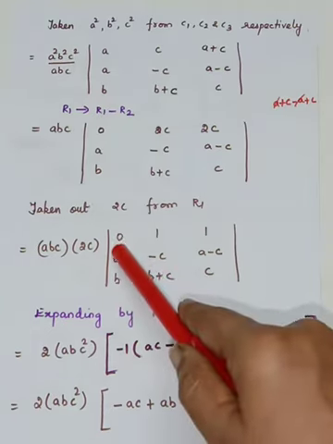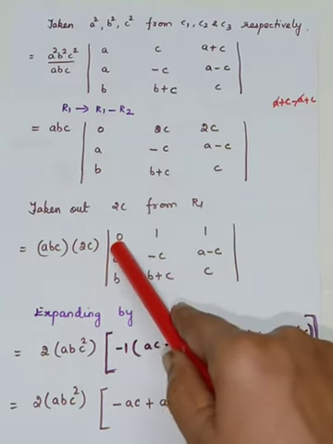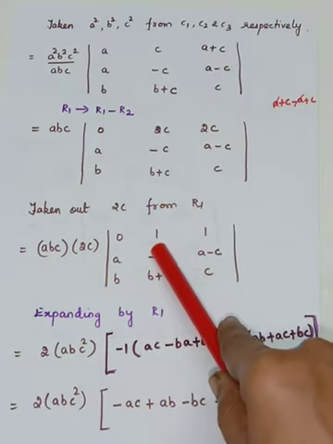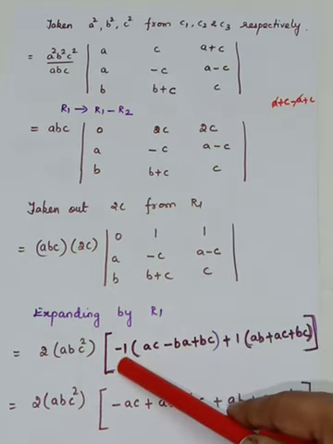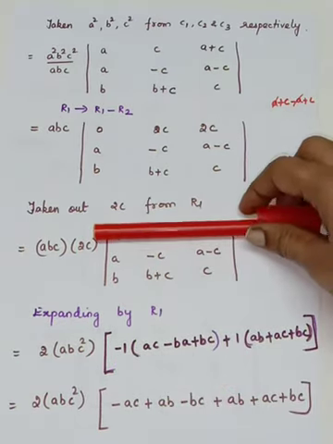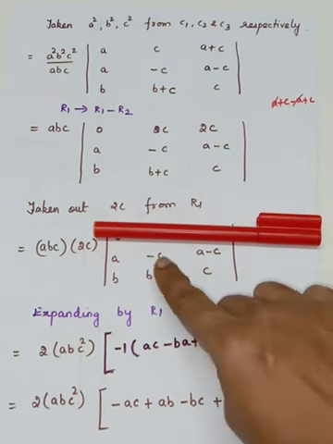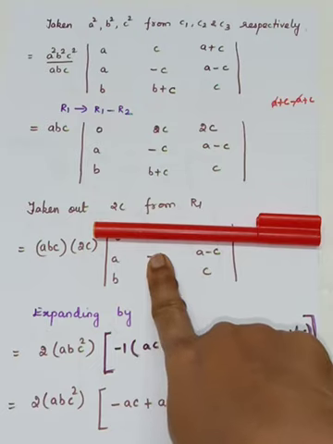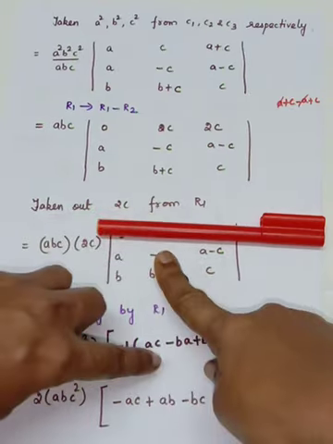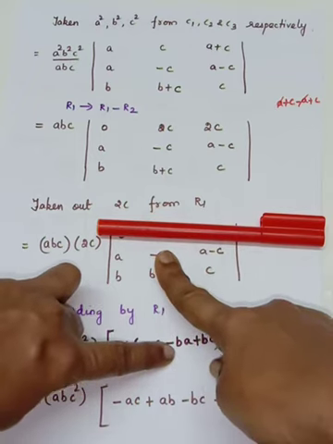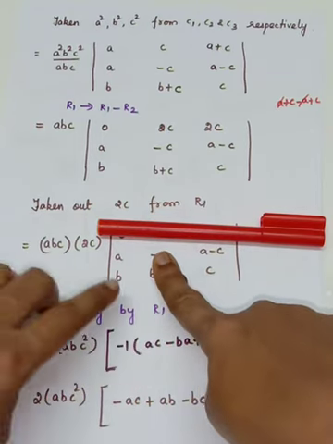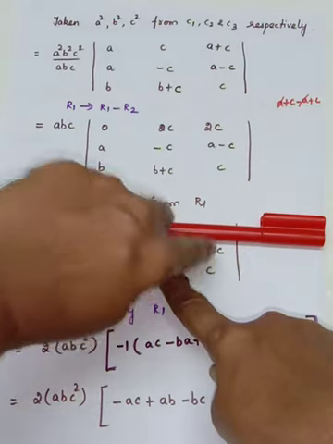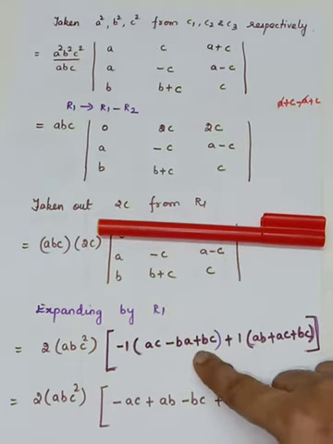Okay, so while you are expanding by R1, what do you have to do? First entry is 0. So 0 into anything is 0. When you go to the second element, you have to change the sign. So here you are having plus 1. It has to be written as minus 1. So delete the first row and the second column. So what is remaining? You will have a 2 by 2 determinant. So how to multiply? A into C. So it is AC. In between you have to write minus. Okay. Next you have to multiply B into AB. So minus BA, minus into minus plus BC. Why is it plus BC?